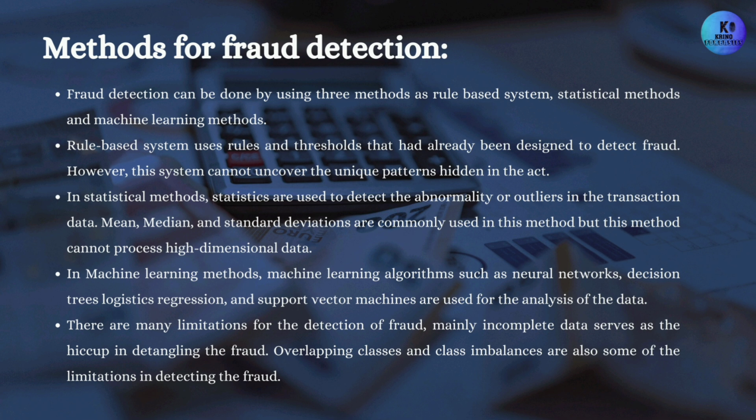First, the rule-based system, where you create rules. For example, if someone spends rupees 10 lakhs in one go, that is red flagged. But criminals can learn and avoid these rules too. Second, the statistical methods, where you use averages, graphs, and numbers. If someone suddenly spends much more than usual, you check it. Third, machine learning. Now we train computers to learn what normal looks like and spot anything weird. It's like teaching the system to be a fraud detective.